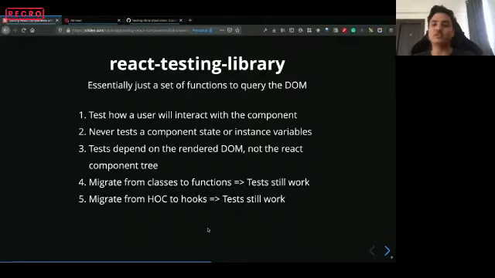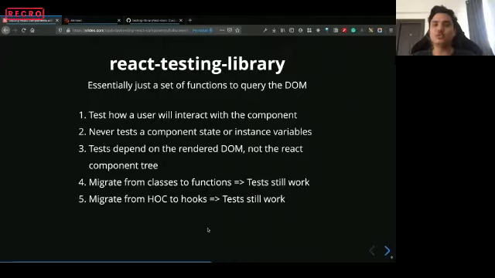This approach has seen a lot of benefits over a long period of time. For example, when React introduced hooks, all of the test cases using the enzyme library started failing when people started migrating their code bases to hooks, because those test cases specifically tested for the internal state of the component. How does the state of a component look like at a particular point of time? All of these cases start failing. So while migrating your code base from classes to function, you'll have to update your test cases too.